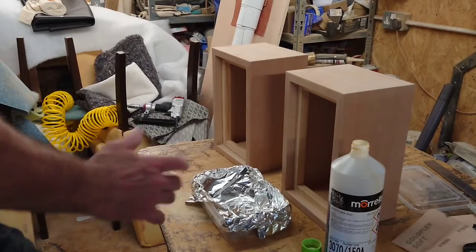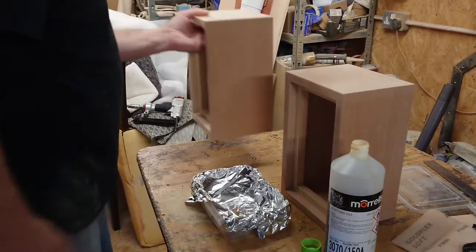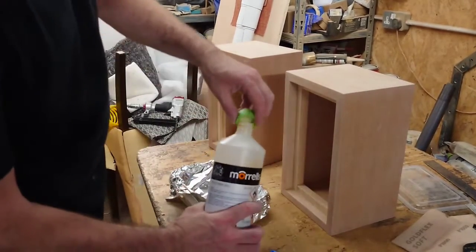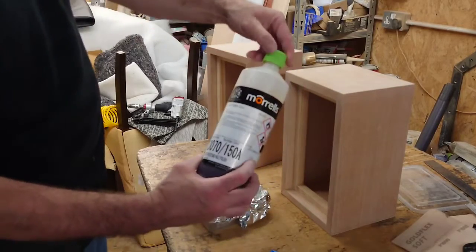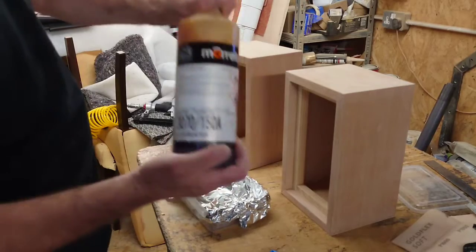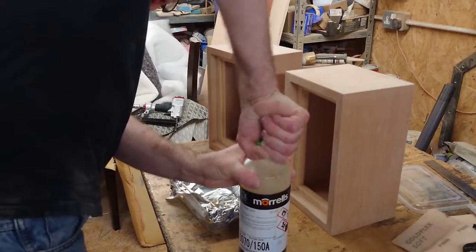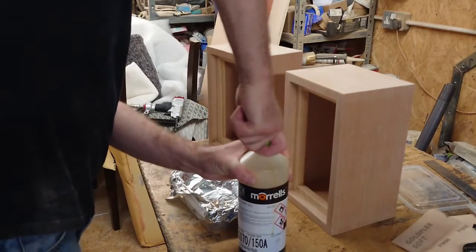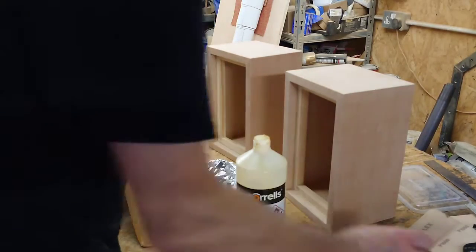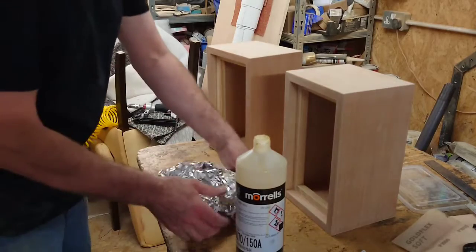Right, so they're both veneered up now, and I've wiped them all down, and we're going to start doing some polishing on them. This is the polish that I'm using. As you can see, you can get this from a company called Morels. You can also buy this off eBay. This is a professional French polish, which is resin based, and a lot harder wearing than your average button polish or garnet polish. All I do is get a plastic tub,